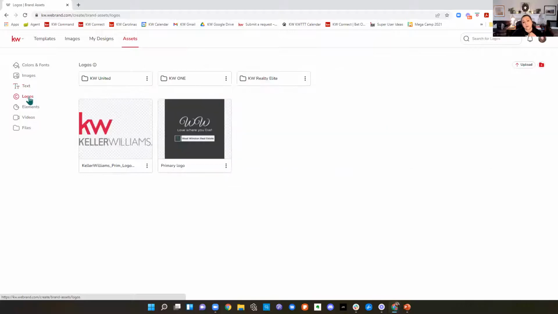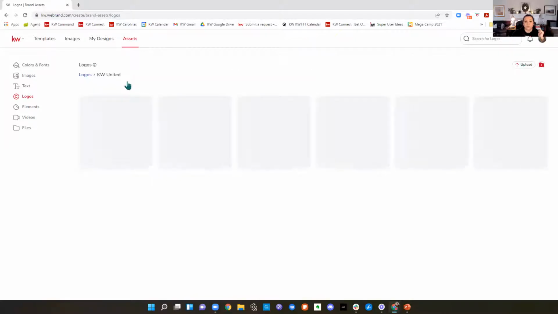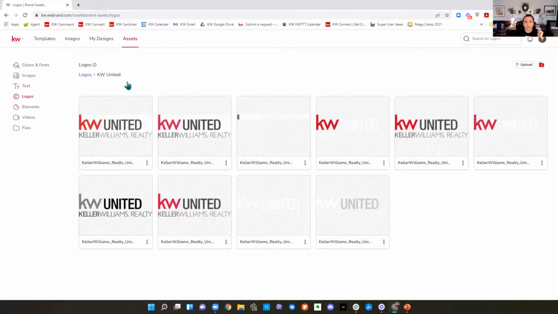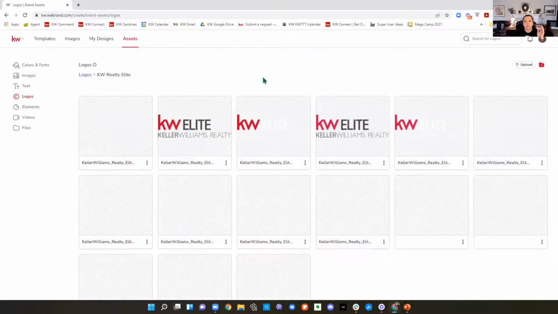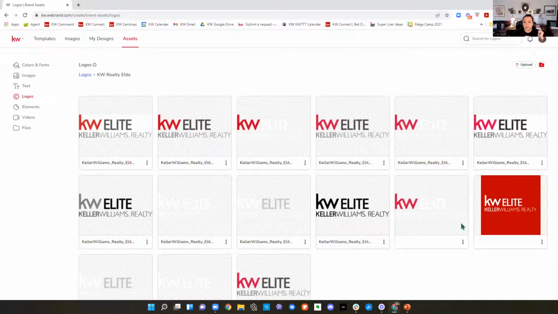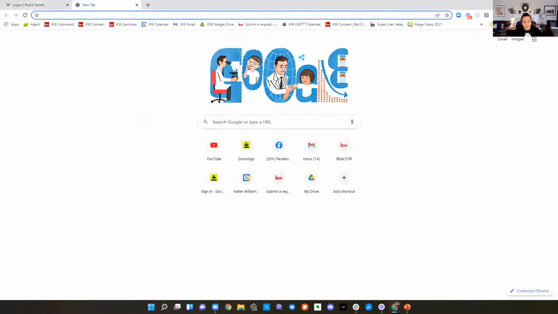Cool. And although our logos are photos, we have a special location for our logos. And I'll show you how that works and why it works here in a minute when we create a design. I'm in 3 market centers, so I have 3 folders with all my different logos in them, right? If you don't know how to find your market center's logos in all these different variations of color, with no background, with a background, black ones, white ones, white and grayscale, full colors, there's all kinds of them out here. I'm going to show you where to do that real quick because I get that question a lot. If you hop into